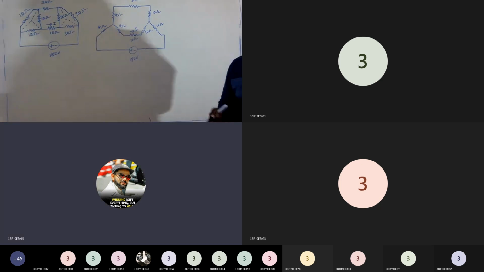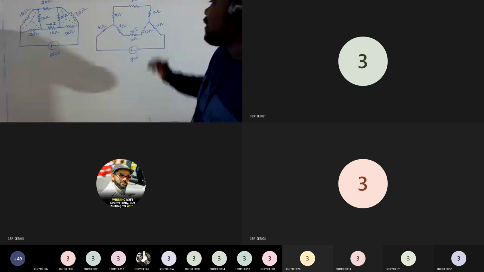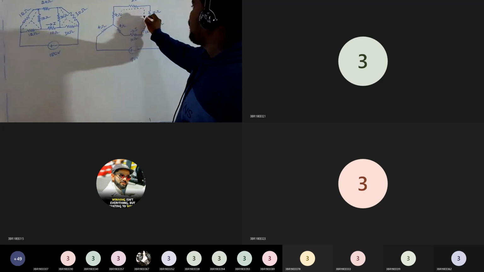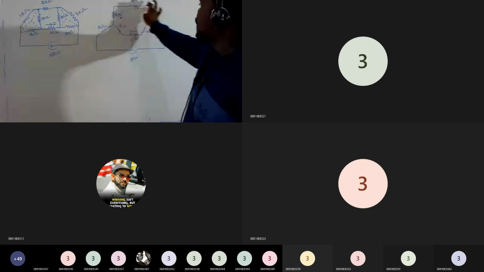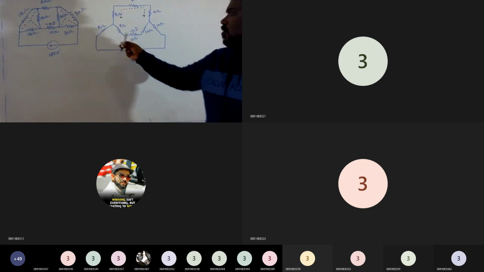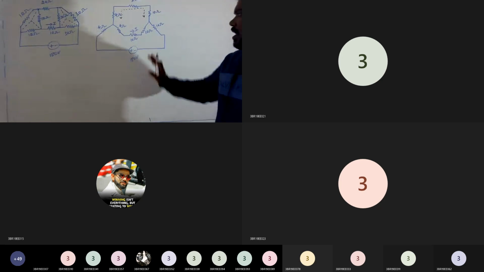Once you do the transformation, definitely a reduction is possible. So this 4 ohms, 2 ohms, 24 ohms, and 10 ohms are all in series. Correct? Also, this 4 ohms, 10 ohms, and 10 ohms are in series, but